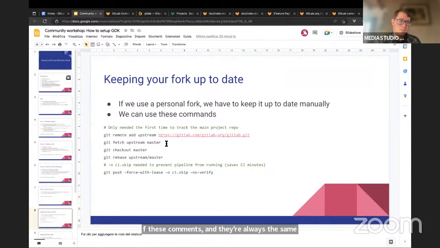Git fetch upstream master is going to fetch all the changes on the upstream, so the main GitLab project. We're going to use git checkout master to move to our own fork's master branch, and we're going to rebase the master branch from the main GitLab project. Once we have done that, we can push the changes to our own fork using